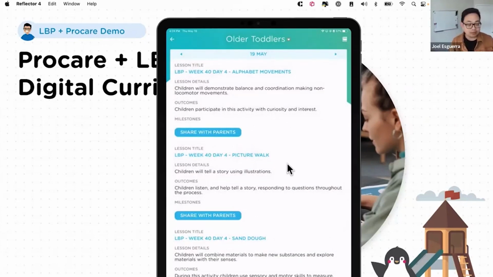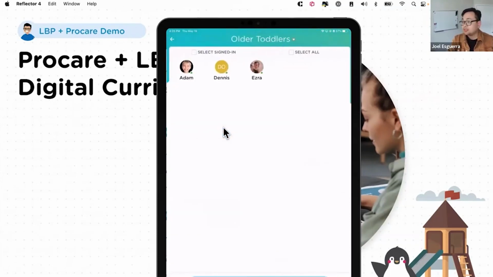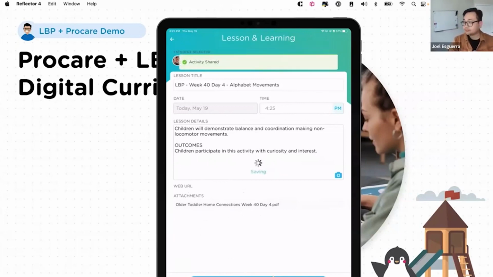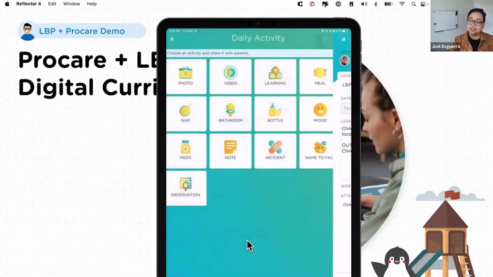Now, if you want to share this to your parent, all you have to do is click on Share with Parent right here. So for example, I'm going to share this particular lesson over to Ezra. I'm going to tap his name, click on Next, and as you can see, it'll tell us that this is the information that the parents will see. You can add more information if you want to. And earlier, since we've allowed the sharing for the home connection, it will be part of that shared document as well. So I'm going to click on Share Activity, and just like that, that lesson has now been